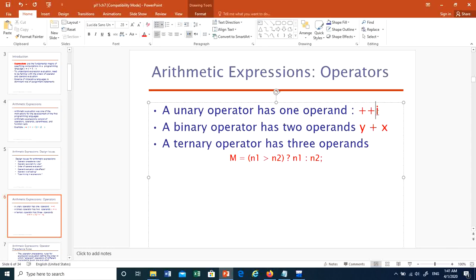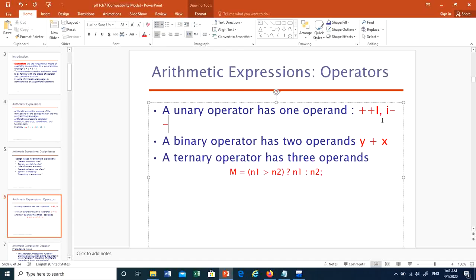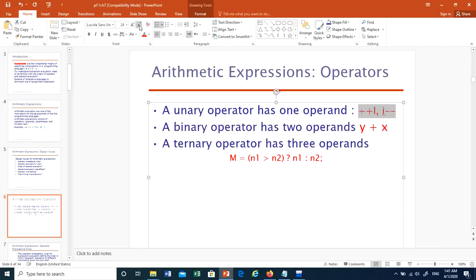Yes, like this, plus plus I, or I minus minus. These are examples in which you can think about the first one as an increment and the second one as a decrement. It could be before or after,